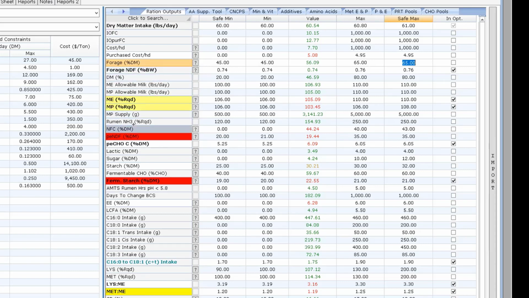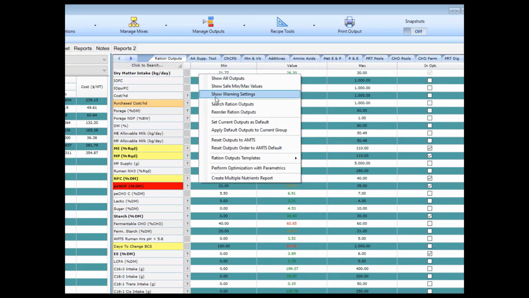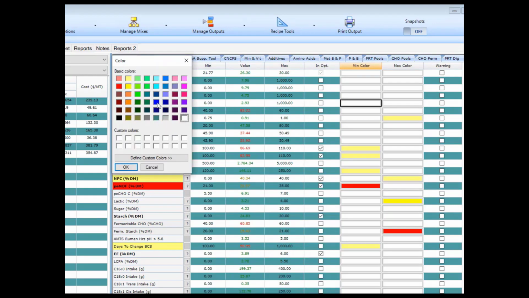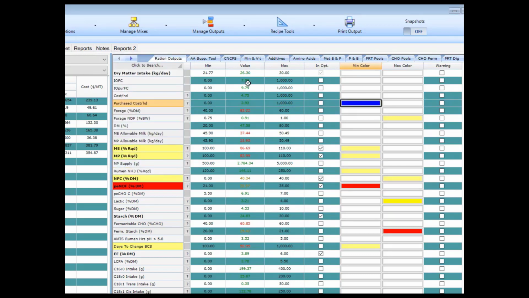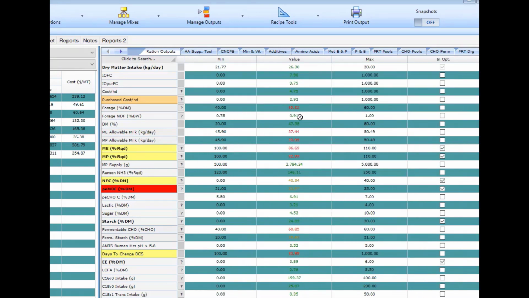If you want to change these colors, if you want to change to have different ones show, I'm pretty sure that's in the manual of how to do that. Tom is correct. It is in the manual. Here is a quick visual tutorial, however. You can add colors to the labels of your outputs two ways. First, right here in the recipe screen, right-click any place on the grid to bring up the Show Warning Settings control. Then, in the output desired, select the color for the violation warning. To remove the selection columns, right-click again on the grid. Click the warning setting to deselect.